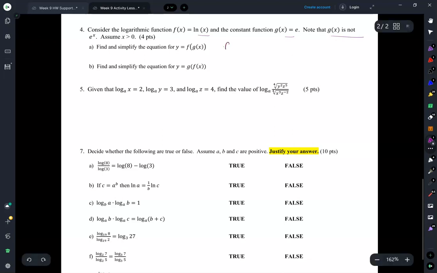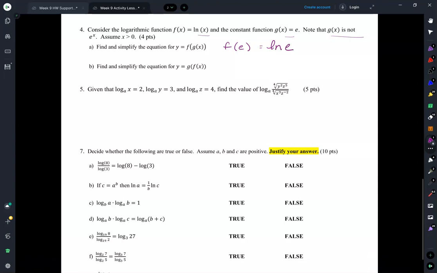So you're going to find f of g of x, which is just e. So we're going to replace that. So we're getting f of e. And then if we look over here and see that f of e would actually be ln e, then we